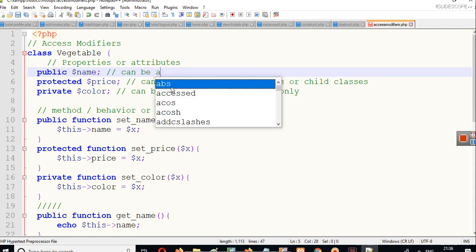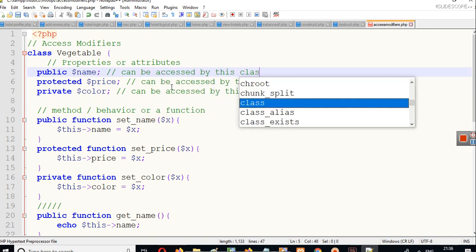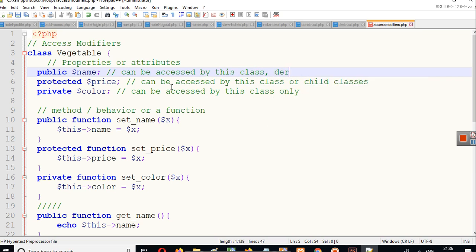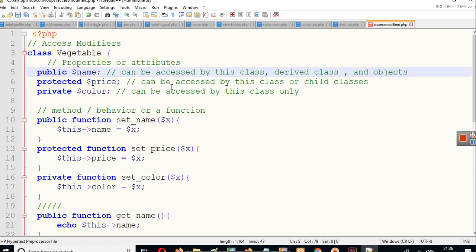Protected can be accessed by this class and the derived class. Derived class is the child class. Public can be accessed by this class, derived class, and objects. So objects can access them directly, but objects cannot access protected price and private color directly.